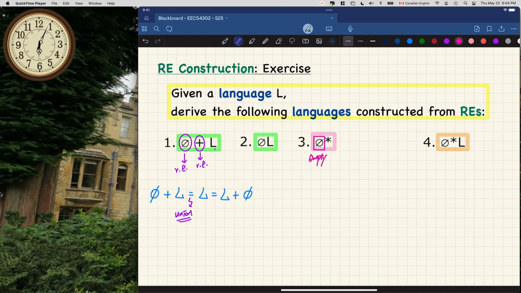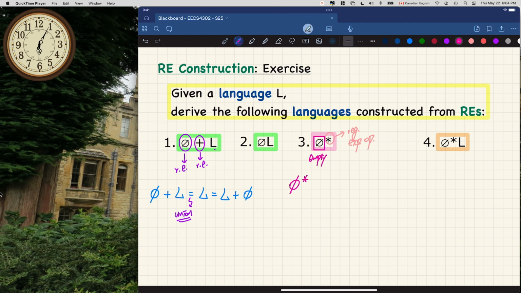And then we are trying to apply the regular expression operator, Kleene star. Okay, so what will be the corresponding language? Whenever you're given this kind of question, I would say just apply the definition and unfold it and see what you will see. Okay, so let's now try the following. If I start with the question here,